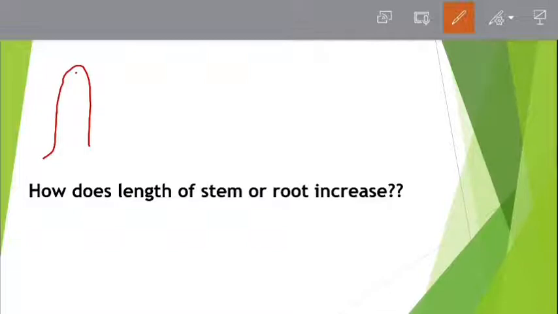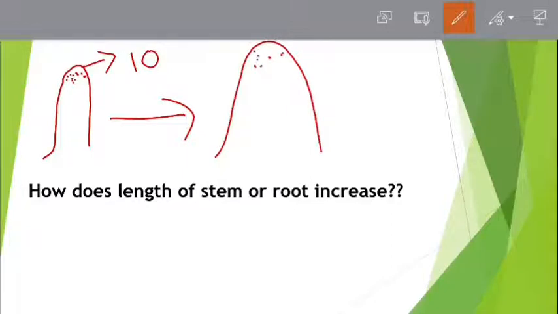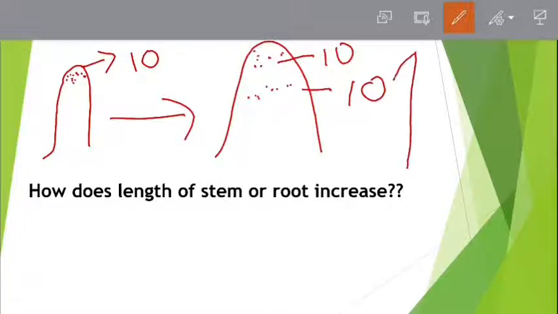In this stem, there are certain cells at the tip of the stem. These cells are actively dividing cells. Suppose they are initially 10 cells. These 10 cells will divide and give rise to another 10 cells. So these were the 10 cells and these are another 10 cells. Thus this is how division takes place in plants, and this is actually how the length of the plant